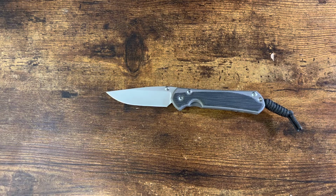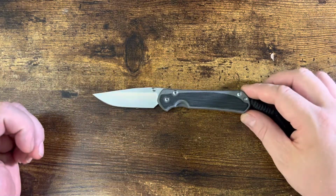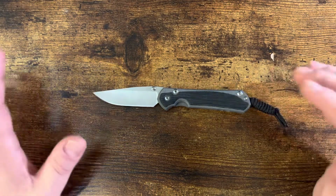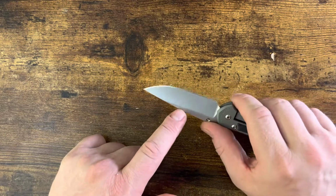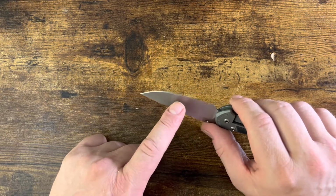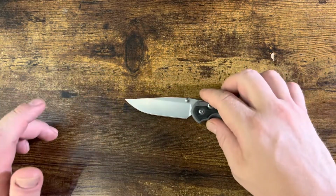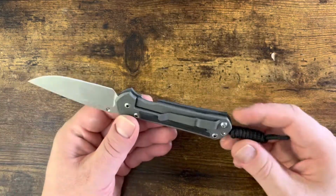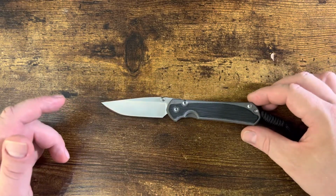So with that being said, you guys, I am going to wrap this up at nearly 50 minutes in an absolutely gushing video on the Chris Reeves Sebenza 31 small, and it is an absolutely fantastic knife. That's a beast of a knife, ridiculously sharp out of the box with a ground convex edge that is absolutely stunning, and an attention to detail